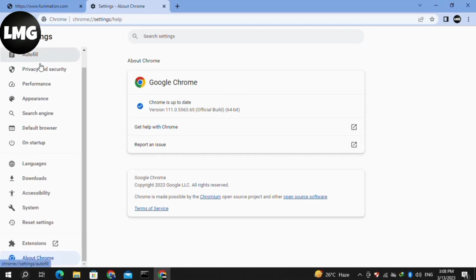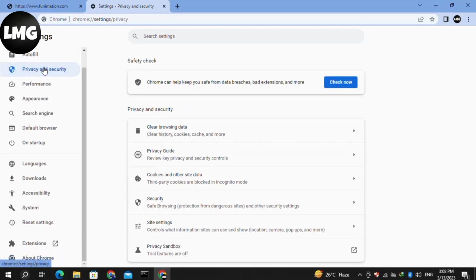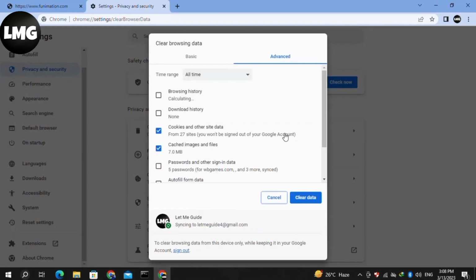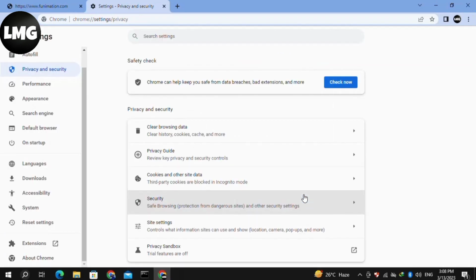After completing this process, click on the privacy and security in the left menu. Now click on the clear browsing data, and here you have to select the browsing history, download history, cookies and other site data, cached images and files. Then in the time range, select all time and then click on clear data. After completing this process, re-log into your Funimation account, and this time